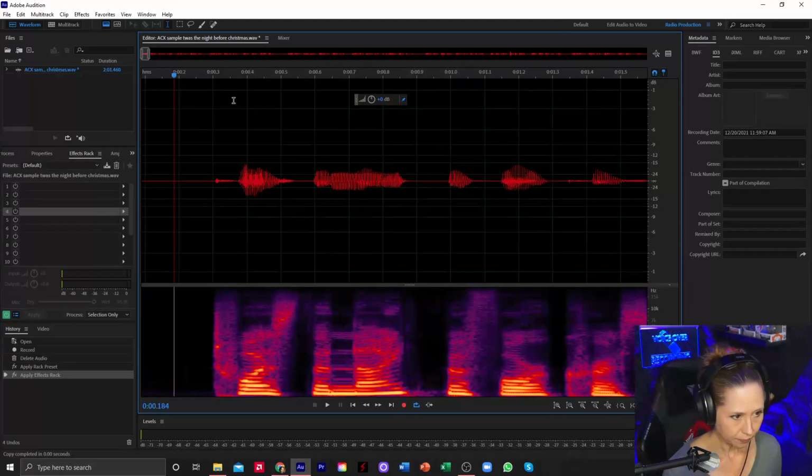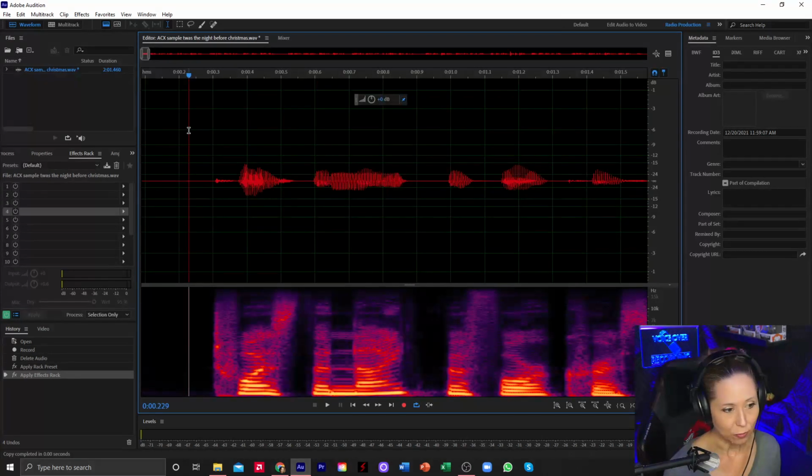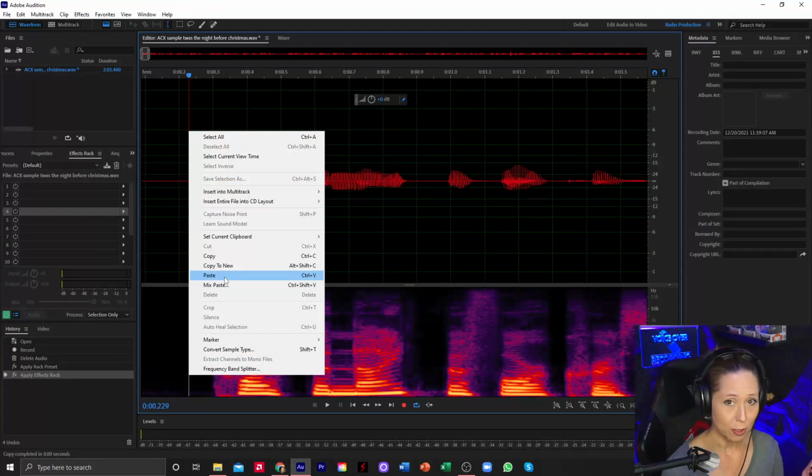And for ACX, your narration needs to fall between 0.5 seconds and a second, which is this area here. So as we can see, my narration starts before that. So I need to add in room tone to push everything back into that zone where the narration needs to start. So I'm going to paste in that room tone I just copied